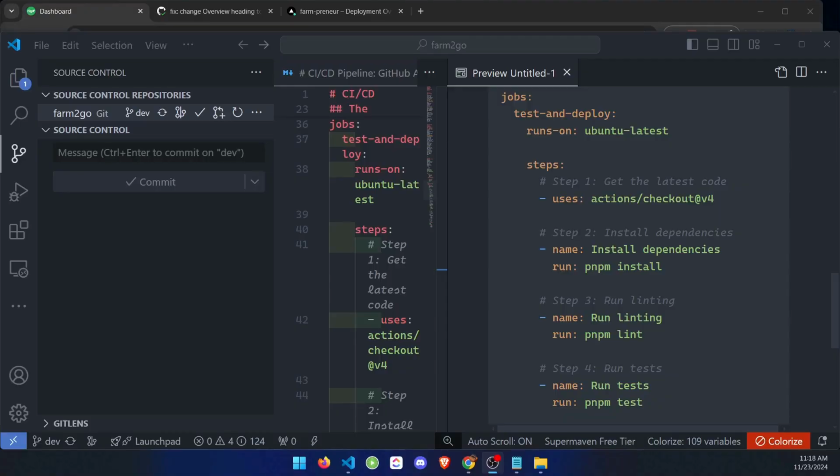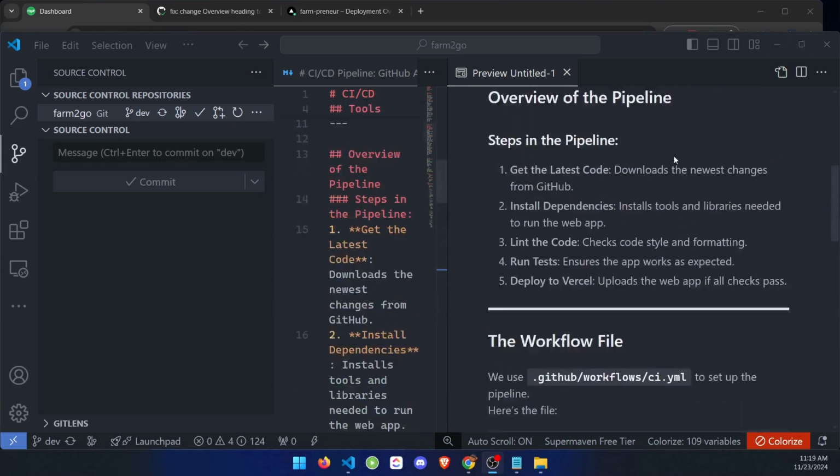Hi Sir Teo. Today we will show you how we use a CI/CD pipeline to automatically check, test, and deploy our web application. This process makes sure our code is always working and ready to use without manual effort.